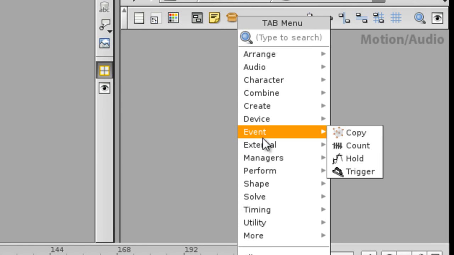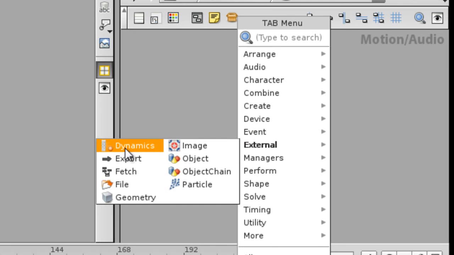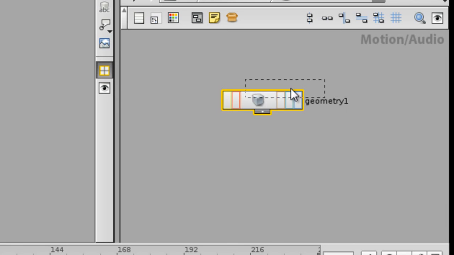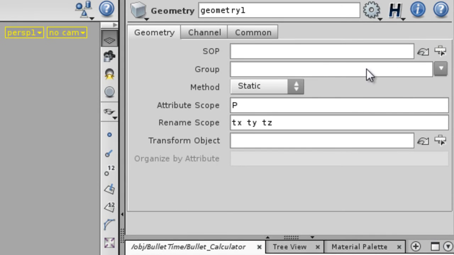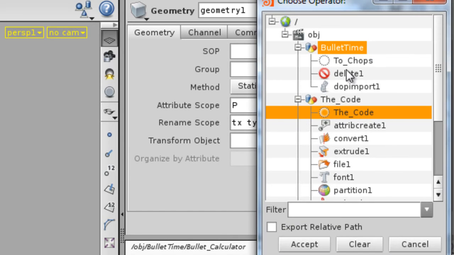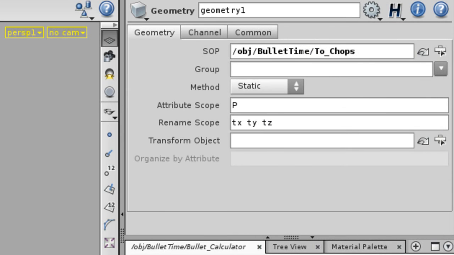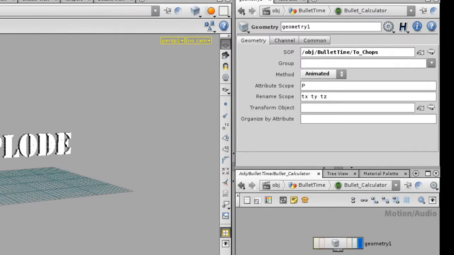Then we're gonna do an External, and no, it's not dynamics, it's geometry because we already got the data in geometry level. So we're gonna select the SOP, which in our case is two chops. We named that with a capital letter, so it comes at the very top of the hierarchy. Say accept, and it's gonna be animated because it's already simulated, and all we need is point position. So position is what we're gonna be messing with, and we can go to motion view now,